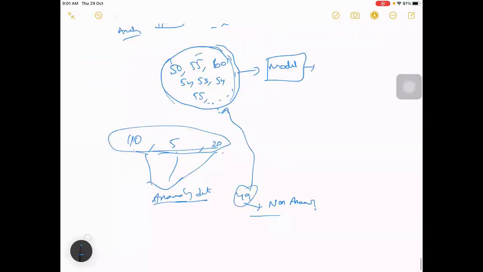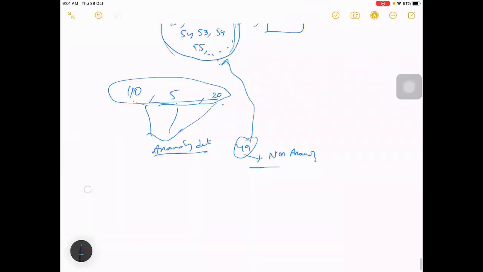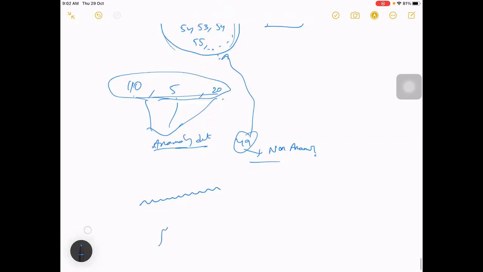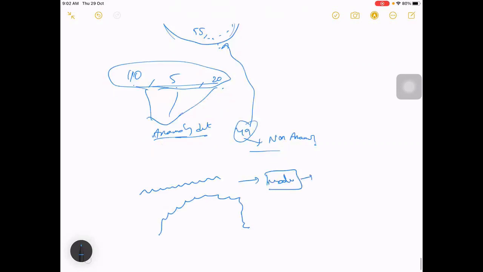Let me also talk about the example I took, where you have this clean data and this one. So this is your clean data, right? And your abnormal data is something like this. Initially we train the model with this data, and it will learn that your points will be within this range, maybe 0 to 10. It will learn that your behavior will be like this, it won't increase drastically.